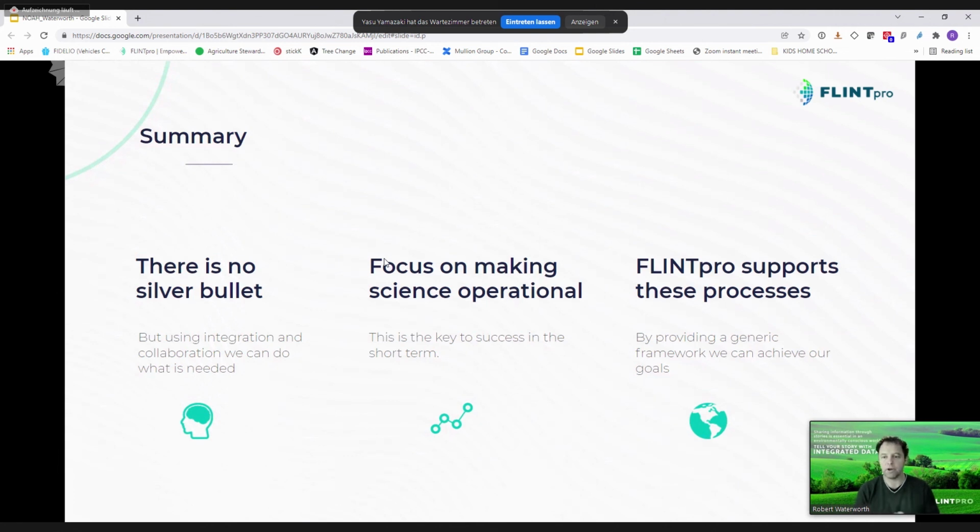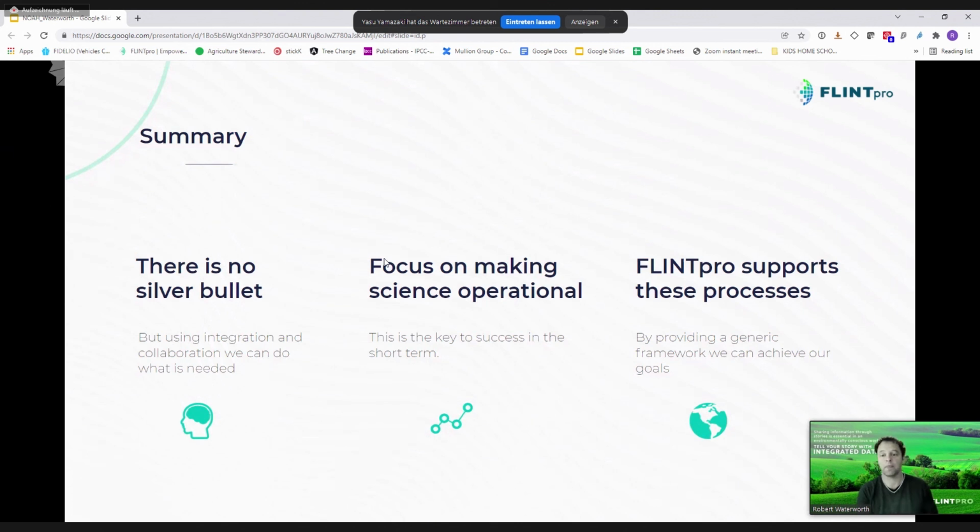The second point I'd like to focus on is making the science operational. There's lots of great research out there. There's lots of great models. There's lots of great people, for example, working in remote sensing algorithms. There are very, very few groups like the Space Intelligences and the TerraPulses of the world that are actually working on taking that science and moving it into an operational context that can actually be used inside a system like flintpro. And that piece really needs a lot more work in the future. So I really stress that those are the presentations you should look at today if you're interested in the land sector.